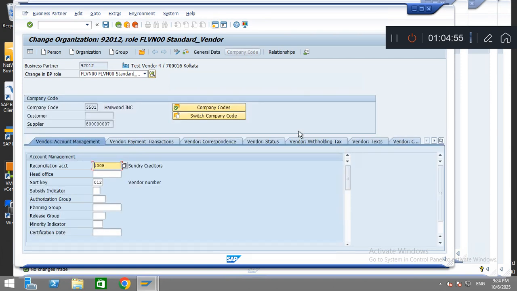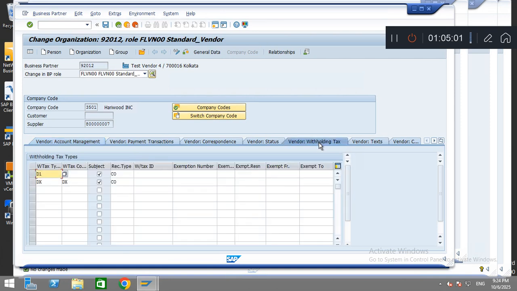কোম্পানি কোড ডেটা, ভেন্ডার উইথহোল্ডিং ট্যাক্সে যাই, গিয়ে আমি এটা কি ট্যাক্স আইডি মনে হয়, ঠিক আছে। দিয়ে যদি আমি এটা সেভ করি, ঠিক আছে, সেভ করলাম, ট্যাক্স আইডিটা দিলাম। আচ্ছা, ওখানে একটাই ছিল, D1টাকে সরিয়ে দিয়ে দেখি, D1টাকে সরিয়ে দিয়ে এটাকে সরিয়ে দাও, দিয়ে সেভ করো।